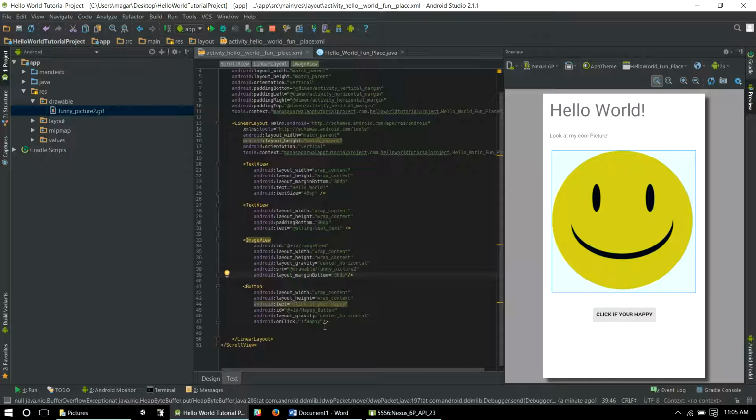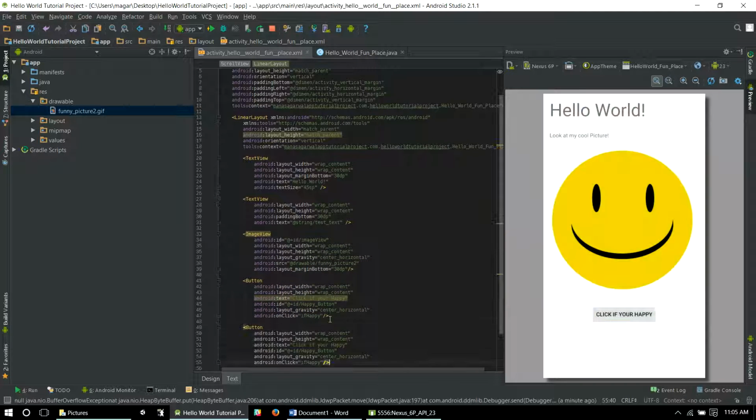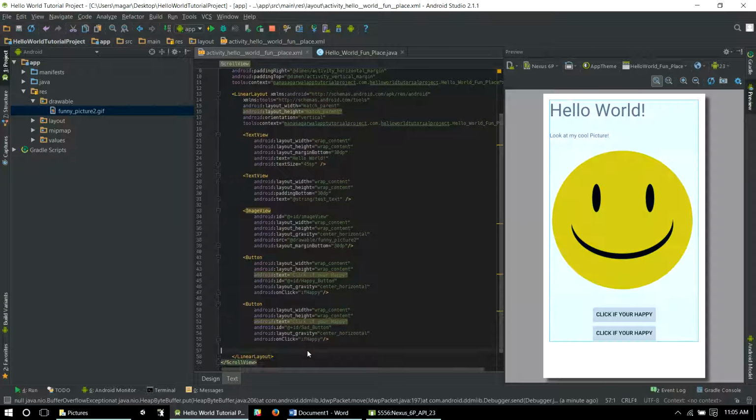So what I'm going to do, instead of going to the design, I'm just going to copy this and paste it below. It should just stack below it. And over here, I'm going to call it sad button. Alright, so now that I've got that,